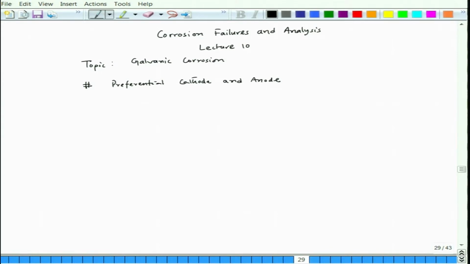It is not only two metals; on the same metal or alloys, galvanic effect can be felt where some part will be cathode, some part would be anode, and the anode part would corrode and cathode part would get protected, but at the same time, which is a corollary we have seen with respect to zinc and iron case, that cathode also corrodes,